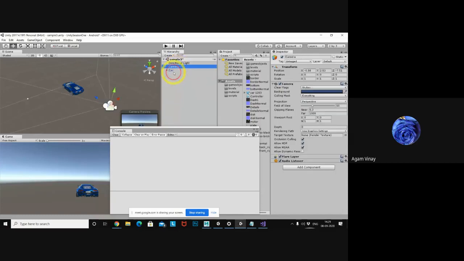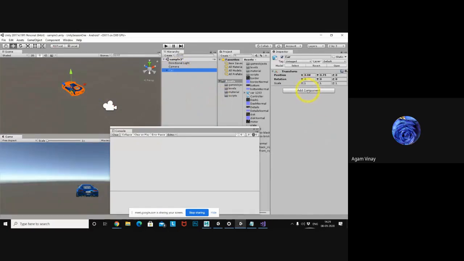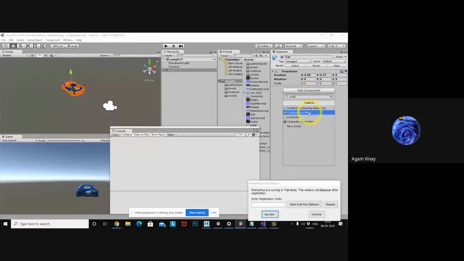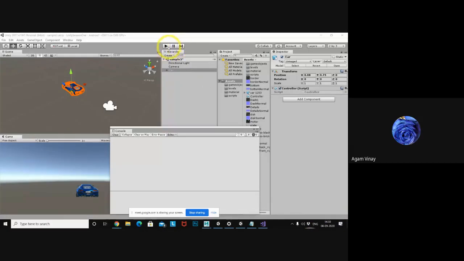I have three game objects. I need to add it to the car. Here, Add Component, my script name is Controller. Here is my created script. Or you can directly drag and drop: select the game object and drag and drop the script here. Now I added the script and I want to run.